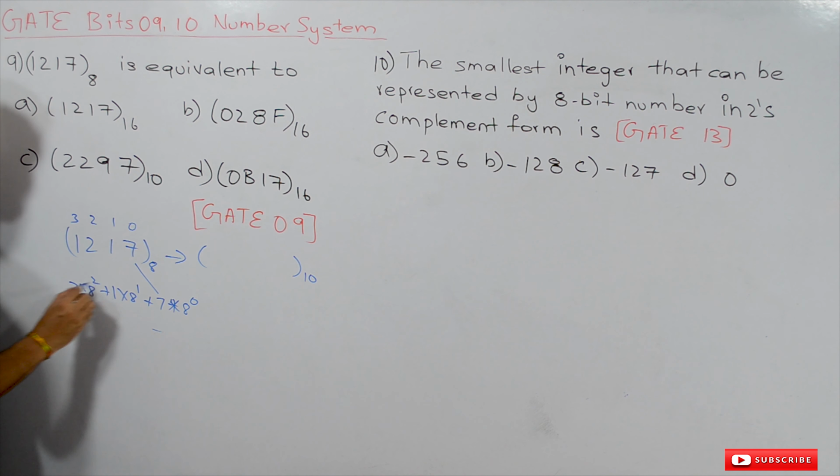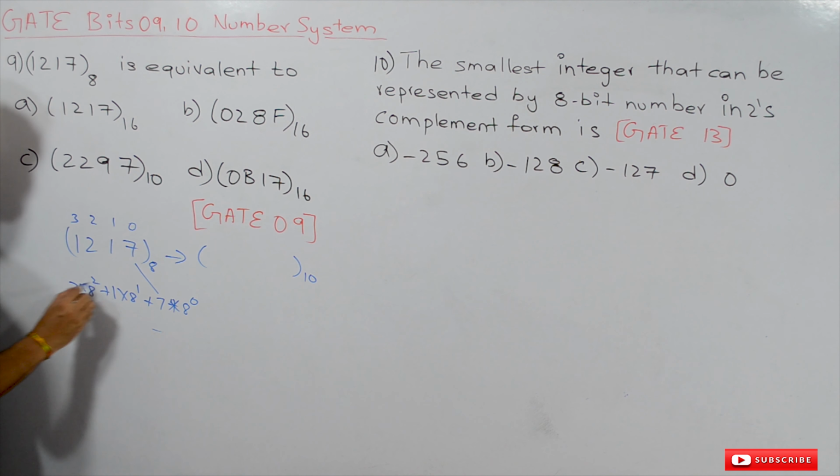In order to convert a binary number to base 16, we take 4-bit combinations, each representing one digit in base 16. This is one 4-bit combination and this is another. 1111 is represented in hexadecimal as F, 1010 as A, and 0010 as 2. So what is the final answer? It is 2AF. Do we have an option of 2AF? Yes, this is the right option, so B is the right option.